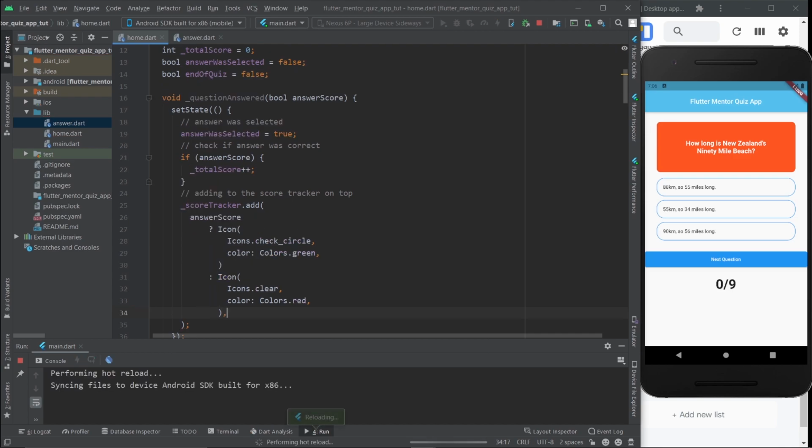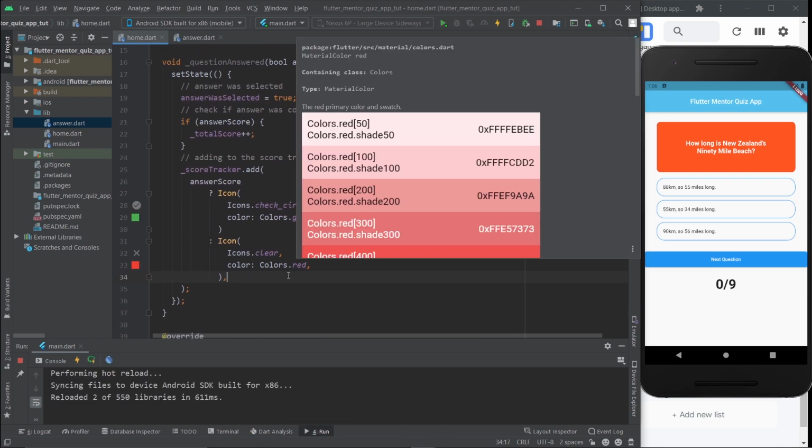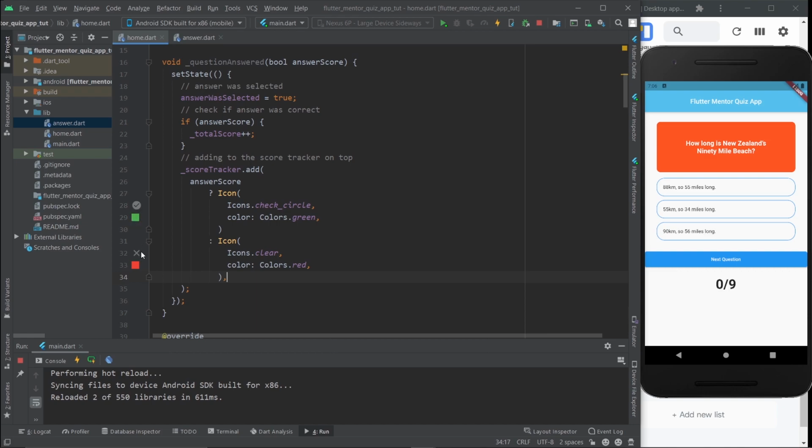I'm going to hit save. And this is how it looks now, much more organized. And you can see the icons and the colors right here. However, I don't want the user to be tapping answers and then have to find out for himself that the quiz has ended, right? So we need to make sure that when the user taps the answer to the last question, we do something a little bit different, now don't we?